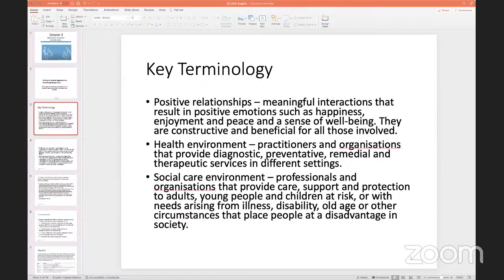Now, when we add the word positive to relationship, what we mean is a relationship which can be shared between 2 people who can support, encourage, and help each other practically as well as emotionally. This is very important in the case of health and social care, because when we look at the benefits of how positive relationships